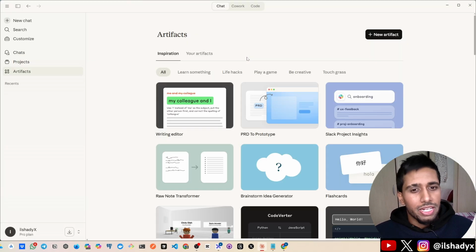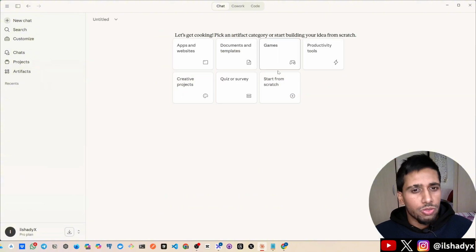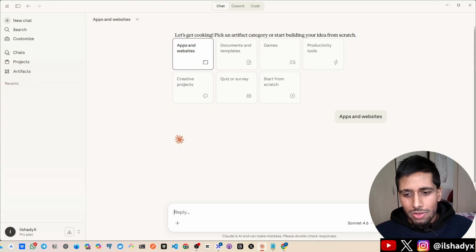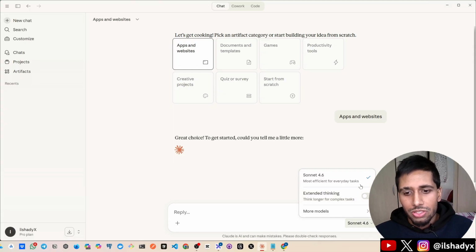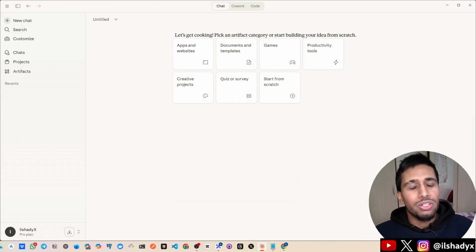So let's have a little play around with this at the moment. So we can use one of the inspirations, or we can create our own. So let's create our own for now. So right now I would like to create a little site about Mauritius, okay? And decide which model you want to use. We're going to switch to Haiku because I know that we're not going to need to use a lot of thinking power. So we're going to create a little website,